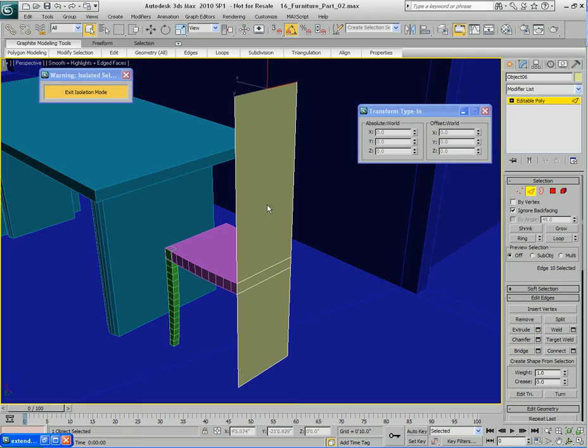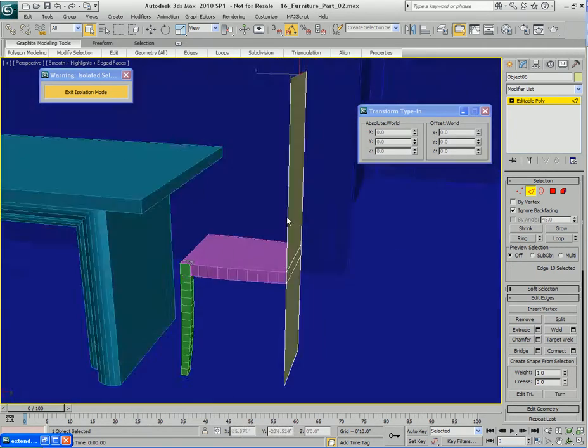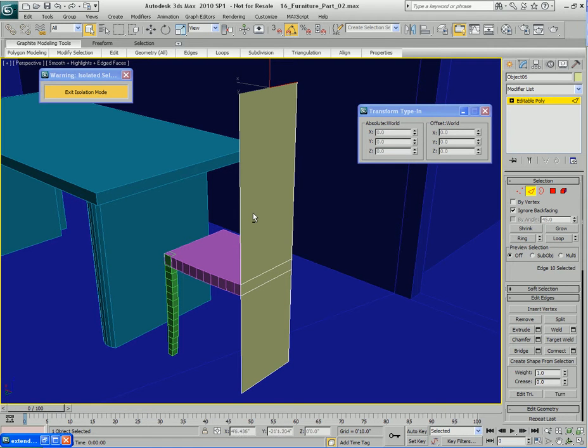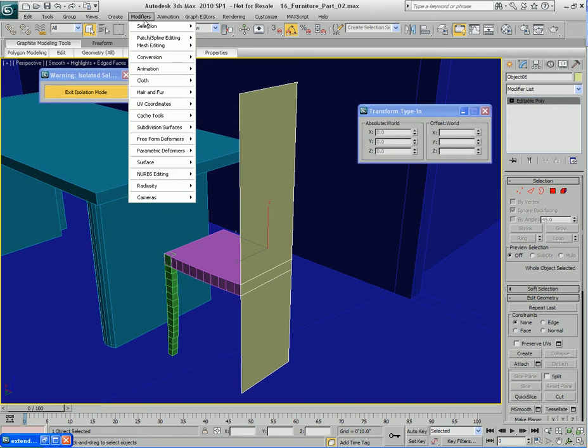Now, next thing I'm going to do is give this some thickness, because right now it's just like a piece of paper. You can see it's like a sheet. It's 2D. So how can I give this thickness quickly? Well, we can use a modifier for that. If we go up to modifiers,